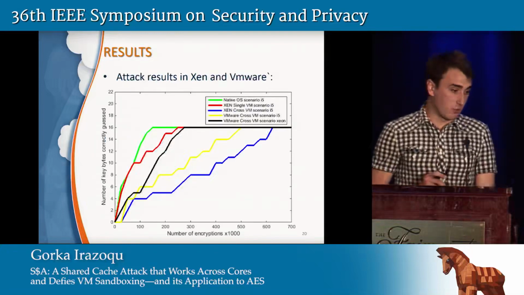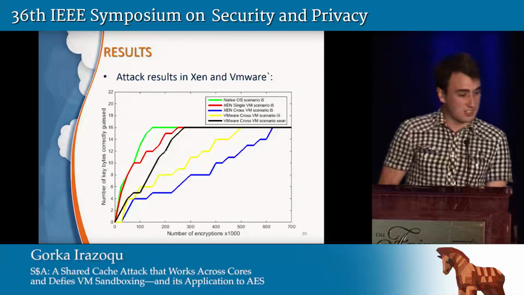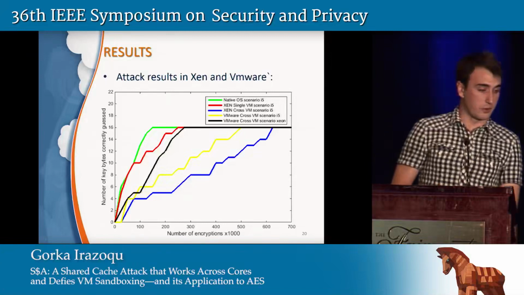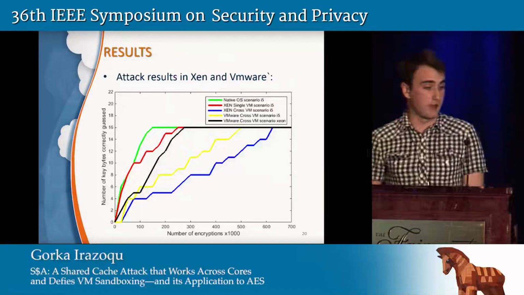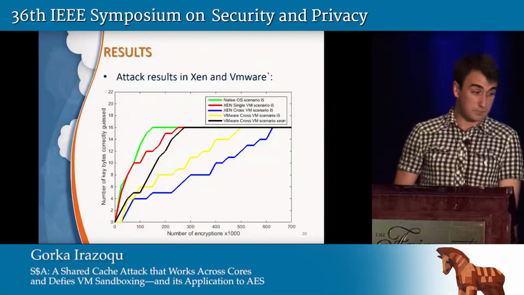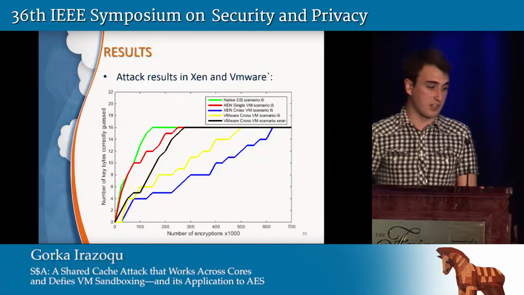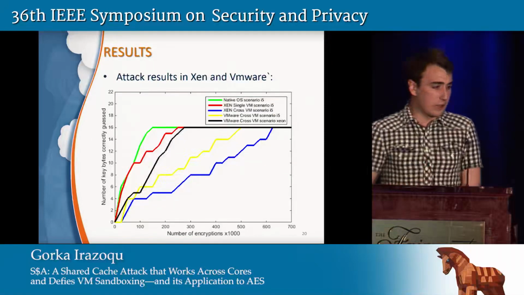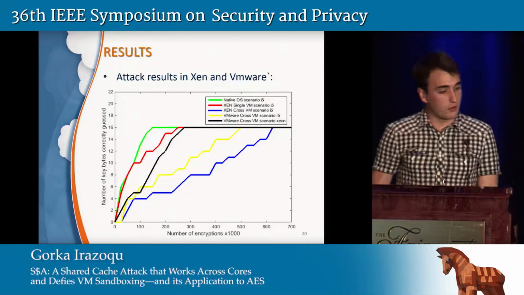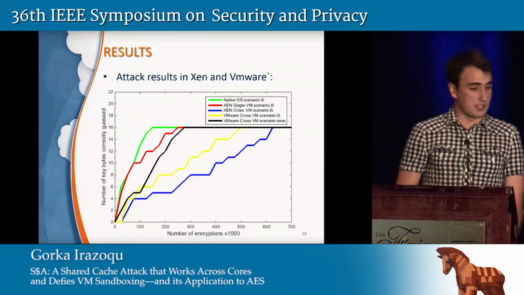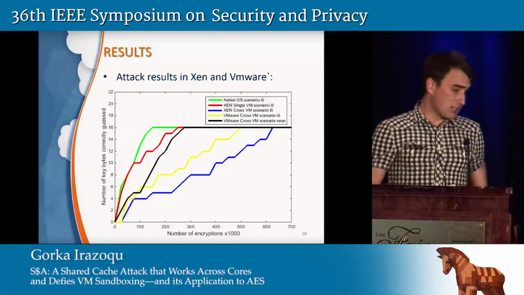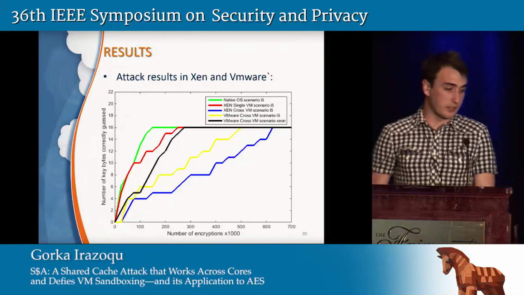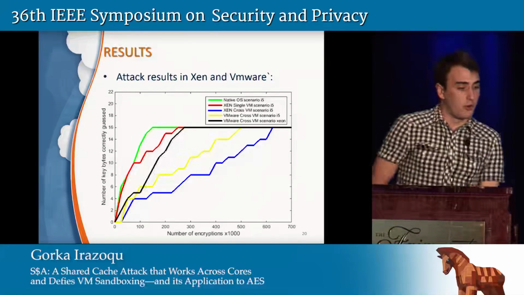The results are shown in the picture, where the x-axis plots the number of encryptions we need times 1,000 to recover the key, and the y-axis shows the number of correctly guessed key bytes from 0 to 16, because we're using AES 128. And ignoring for a moment the green and the red lines, which do not plot the cross-VM scenario, let's focus on the other ones. We can see that the blue line, which is the Xen hypervisor in the Intel i5, it's the one that needs more traces to